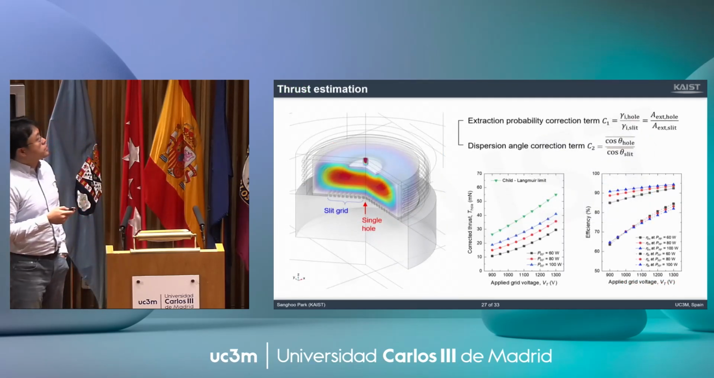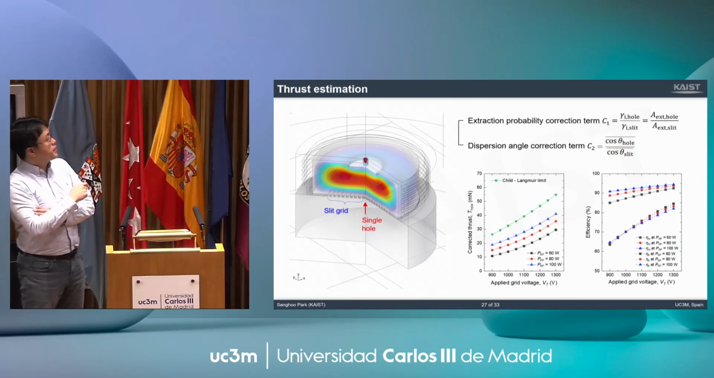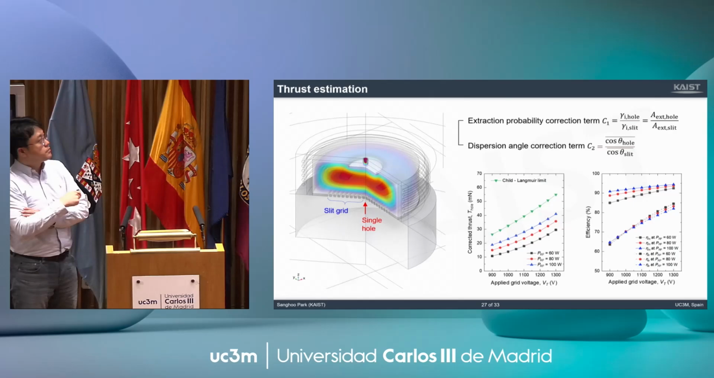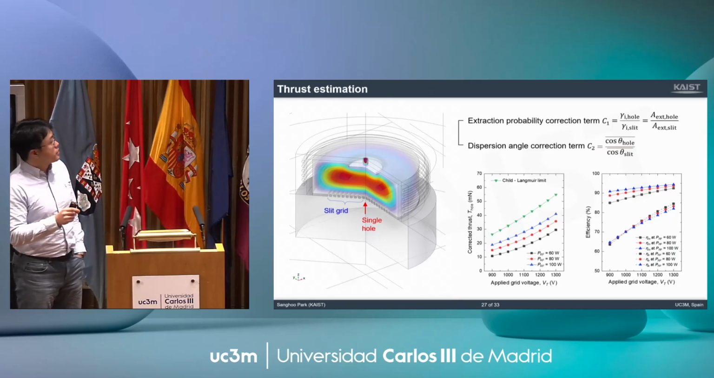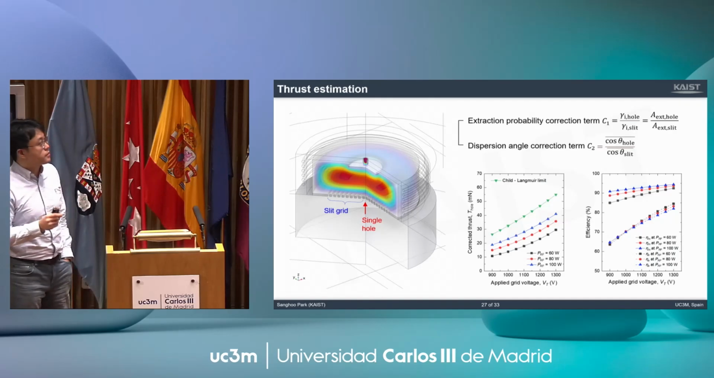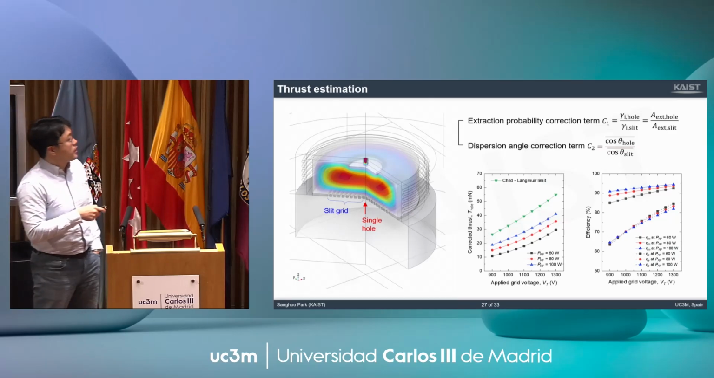As I mentioned, we can see the slit type grid in this two-dimensional axisymmetric simulation. So we need two correction terms here. The first one is extraction probability, and the second one is for the dispersion angle between the hole type and slit type grid. By using these two correction terms, we can determine the thrust depending on the applied grid voltage. And as you see here, when we choose 60 watts of ICP, we can